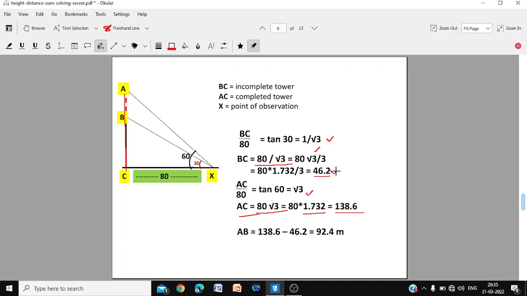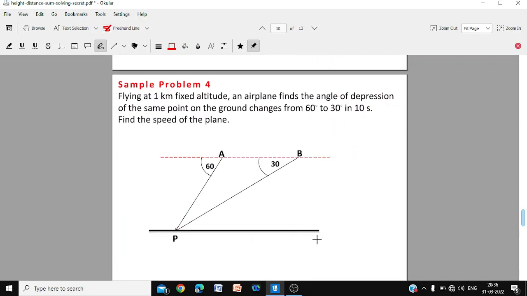So subtract this value from this value to get the extra height that was built. The total height minus the height which was built when the tower was incomplete, and you get 92.4 meters, the extra height that was built during the period Monday to Friday. Now we have got